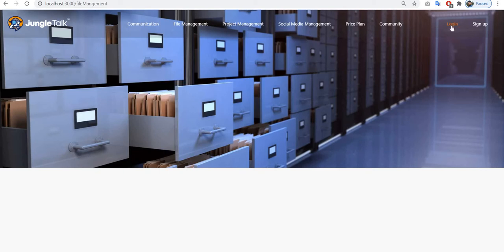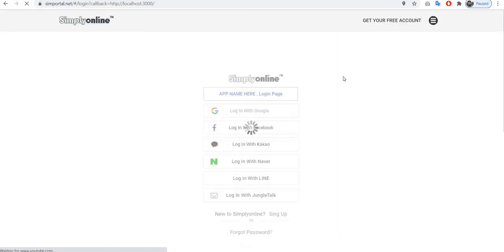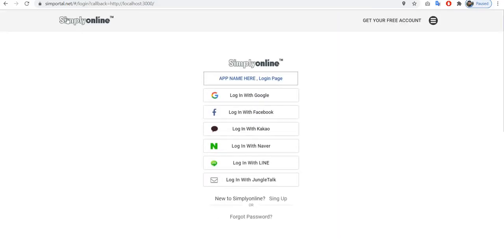So if the user clicks on the login area or the sign up area, let me click here on login. If I am not a logged in user, it will redirect me for login. In this scenario it directly forwards to simportal.net.